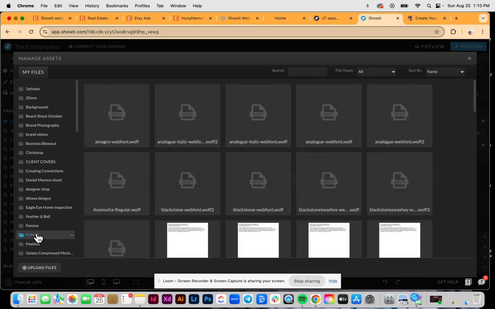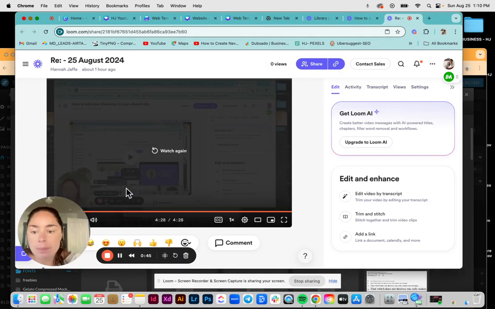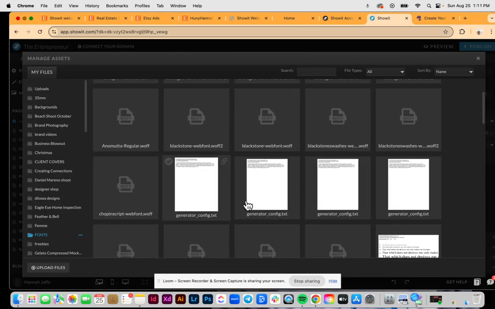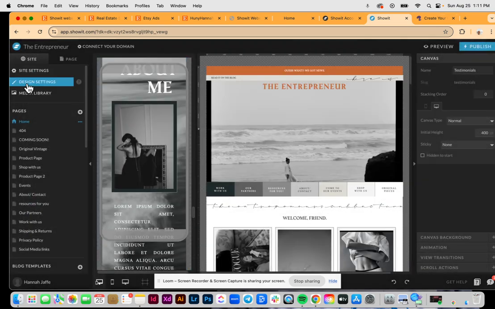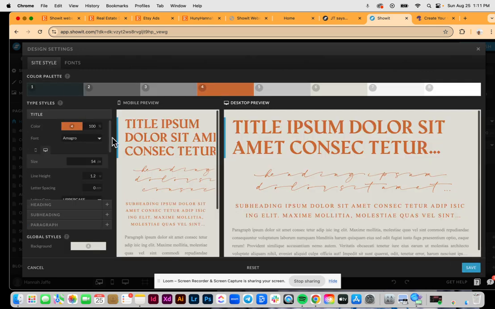Now, I have a folder for all of my fonts. That way I can keep it super organized and it just stays really nice. Okay, so once we have all of our fonts uploaded into our file, then you're going to be able to add it into design settings, upload it, give it a name, and it'll pop up over here. Make sure you save it, and then you can go back to site styles and you can update the fonts,